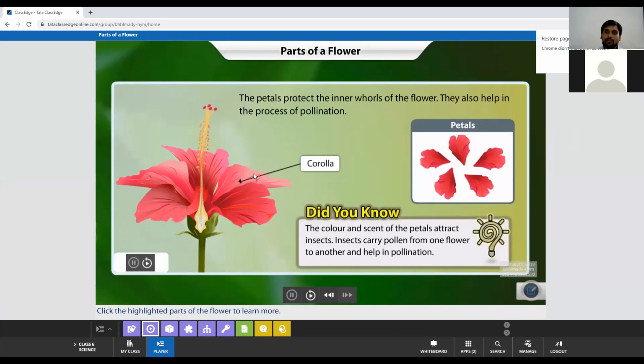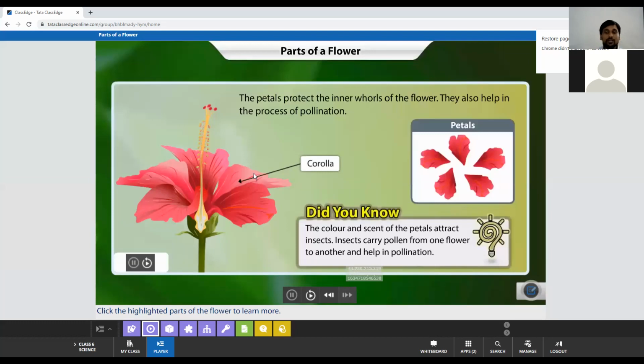But as you remember, the corolla, which is nothing but called the petals, is multicolored. Yes or no? They are very beautiful. Which attracts the insects for the process of pollination. Not only the insects, it attracts almost all the living creatures which help in the process of pollination. Pollination is nothing but what? The transfer of pollen grains from anther to stigma of a flower. The pollen grains are nothing but the male gametes, which help in transferring from the anther to the stigma of a flower.